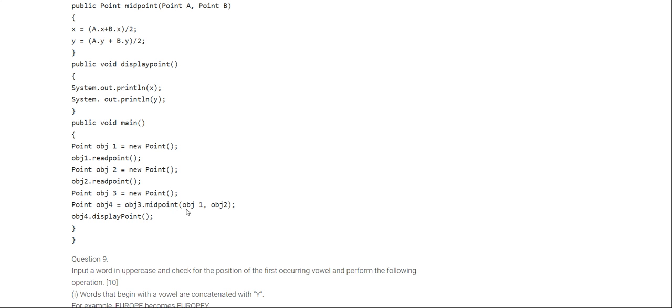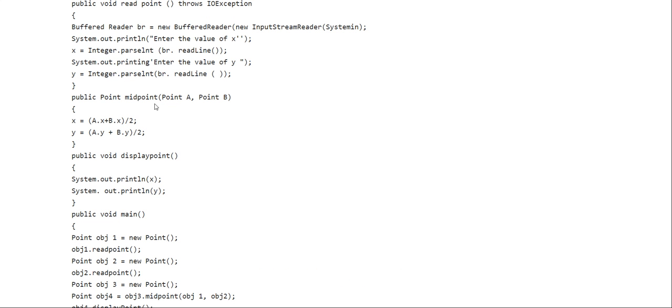The midpoint method will use the two objects which are passed as arguments. The obj1 and obj2 objects which we have already created will be passed inside the arguments. So now this will be clear to you: obj1 and obj2 will act like objects A and B within the midpoint method.